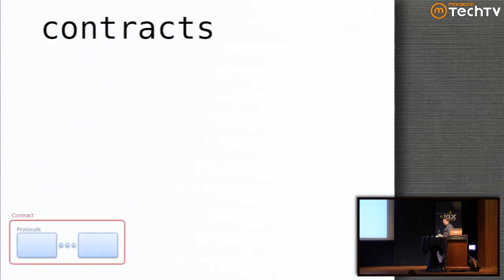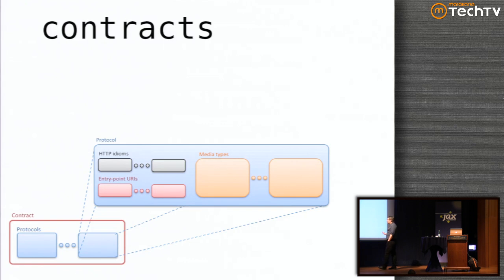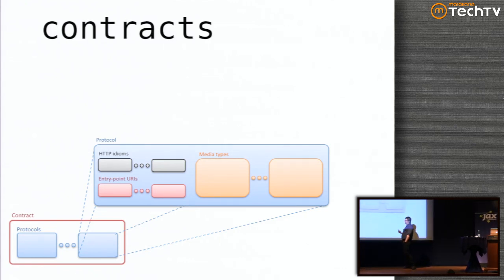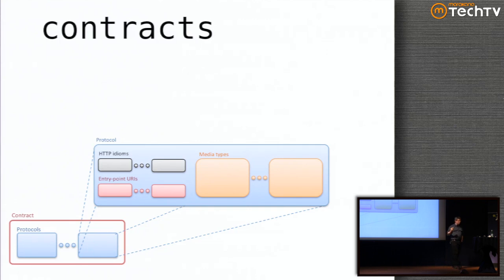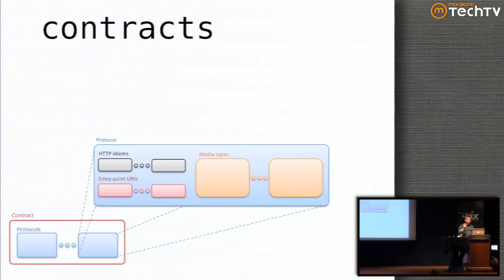What you're really doing here is establishing contracts between things. And so we're used to contracts looking a different way in other kinds of integration world, but contracts are really just a combination of protocols. A protocol in this world consists of HTTP idioms like verbs and metadata, entry point URIs that get you to the beginning points of workflow processes, and then the subsequent steps come back to you as links within that as a hyperlink. And then media types, which define what the shape of the data looks like.